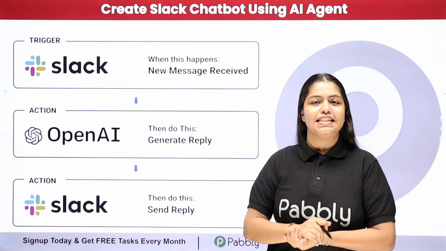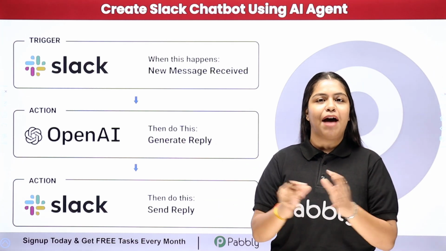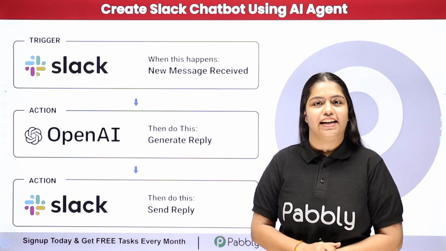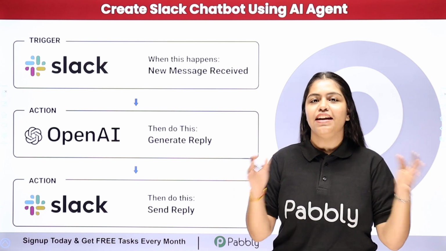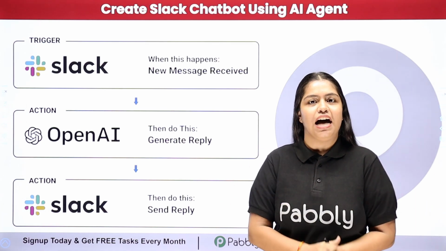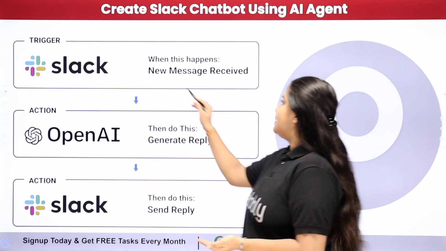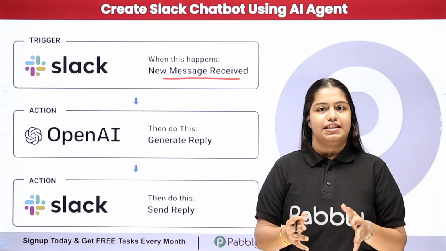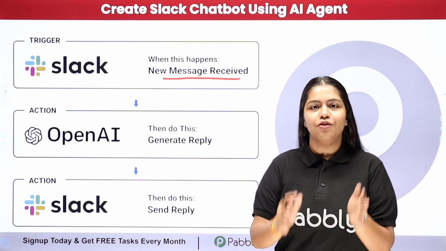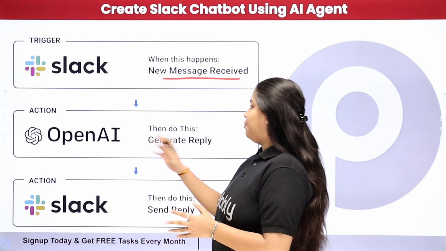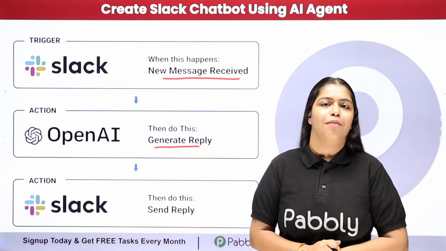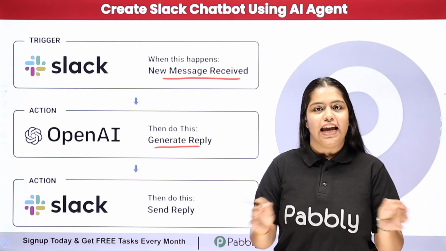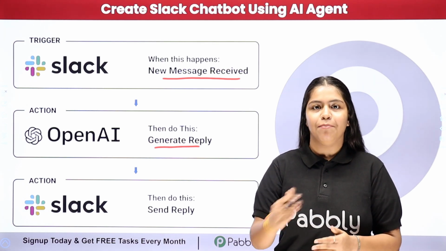So over here I'm running a SaaS-based business and we manage our community using Slack. I have all my clients in a particular Slack channel, and now what I want is that whenever they ask me some question on my Slack channel, we receive their message. And now I want to use my AI agent, which is OpenAI, to generate the reply to that message using my company's knowledge base, and then further we are just going to reply to them back again